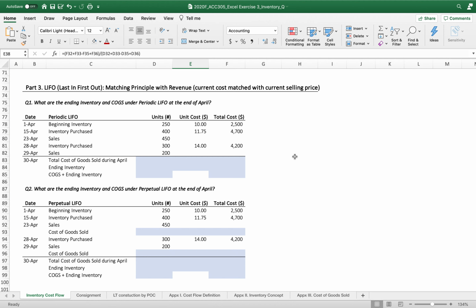Again, with the example, we will figure it out. The cost of goods sold and ending inventory under periodic LIFO and perpetual LIFO. Periodic means we calculate cost of goods sold at the end of the period. And perpetual means we calculate cost of goods sold every time we sell our product, in this case, the sales on April 23 and April 29. So based on the matching principle with the revenue. Okay. So first,